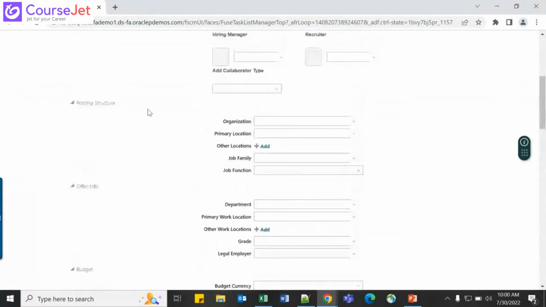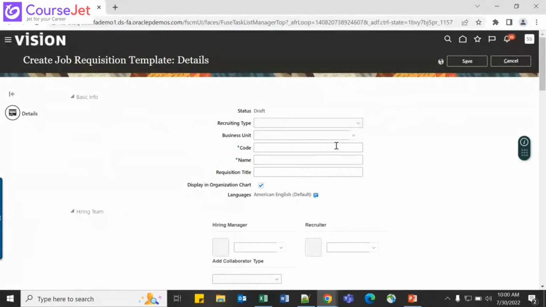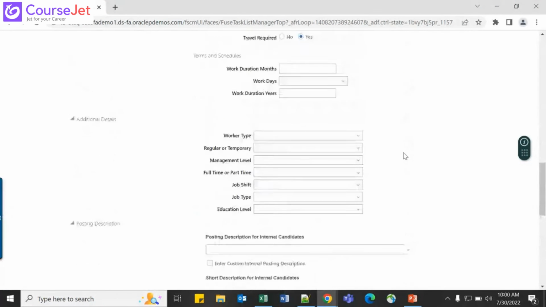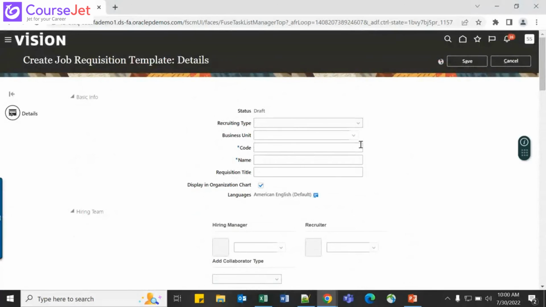Now all the fields are populated here. These all fields are part of creating a job requisition. So recruiting type like professional, business unit if I want to give, code, it's mandatory, spec template,